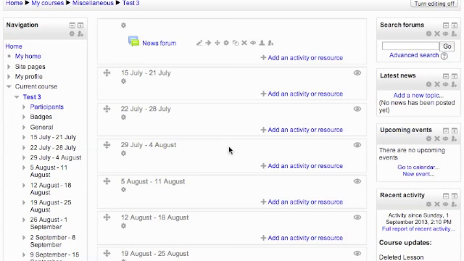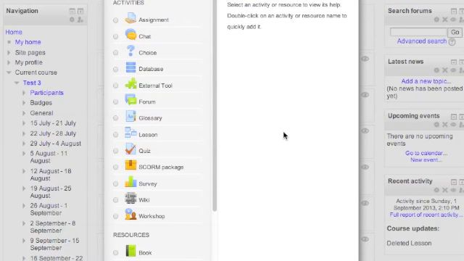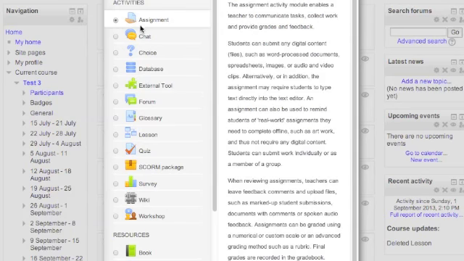To do this, all we need to do is log in to Moodle and head to your course page. And once you have done that, beside the week section which you'd like to use, click Add an Activity or a Resource. Once you've clicked on that, a small menu will open with a list of different activities and resources that are available. The one that we're interested in is the very first one, which is Assignment. By clicking on that and then heading to Add at the bottom of the page,